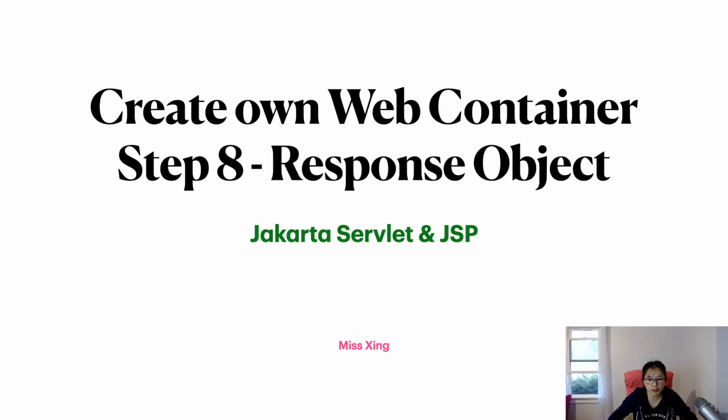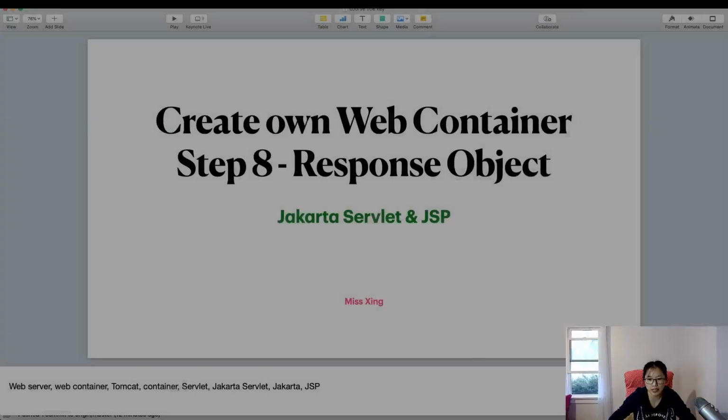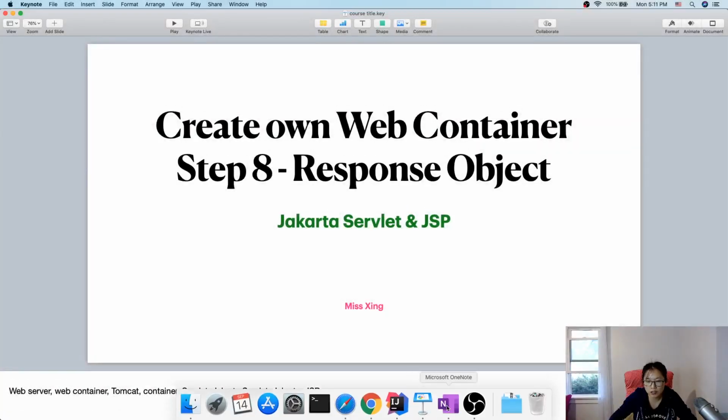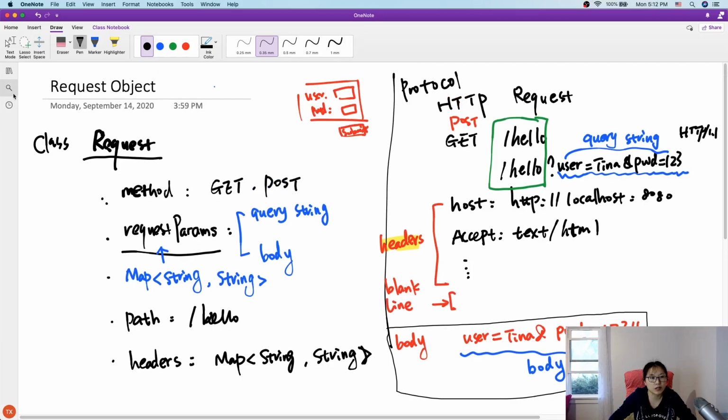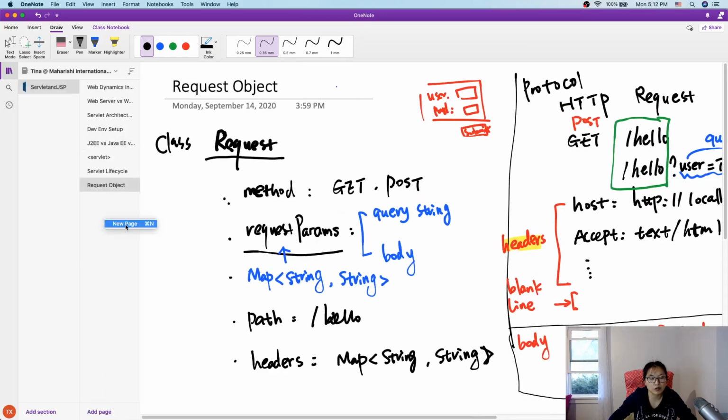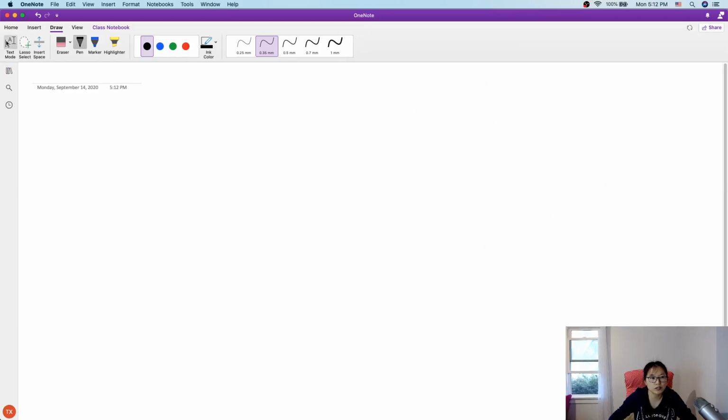Let me show you. Let's go to OneNote. Take a look at the HTTP protocol response. This is the request, and for the response object, I will keep it really simple. Not HTTP servlet, sorry, the HTTP protocol,